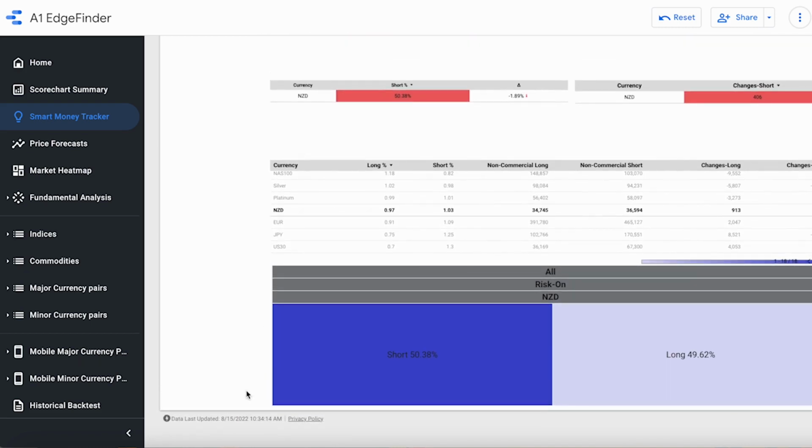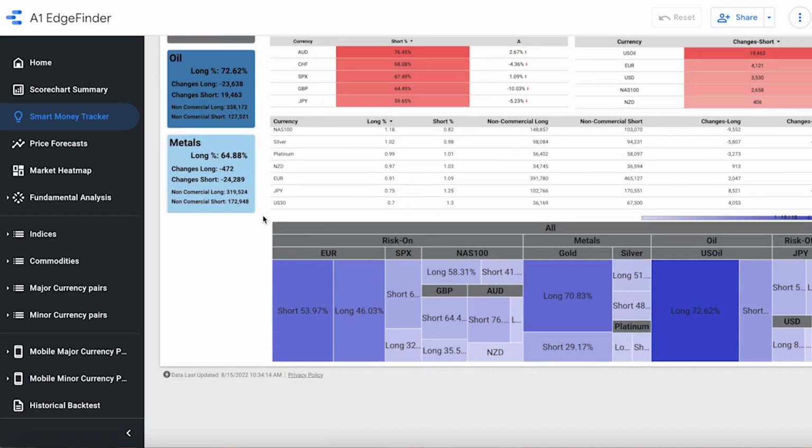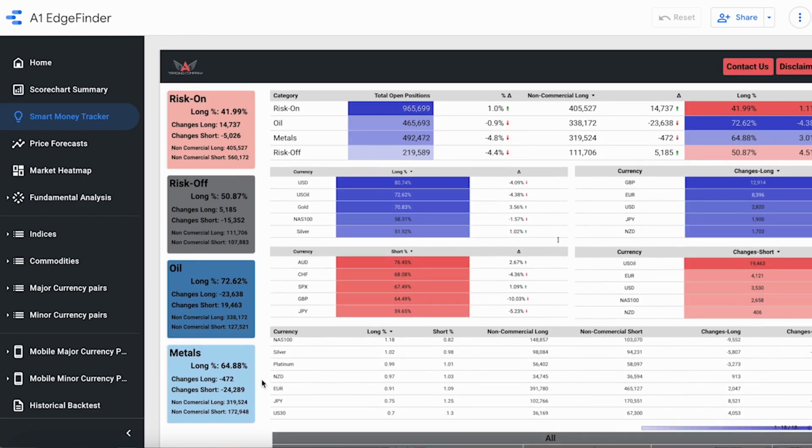So we can actually see that the New Zealand dollar has a 50.38% short compared to a 49.62% long. So there's our box for the New Zealand dollar. You can click on that to get rid of it. So again, risk on is Euro, SPX, NASDAQ, pound, Aussie dollar, and New Zealand dollar all combined. That's our risk on section. So all of those